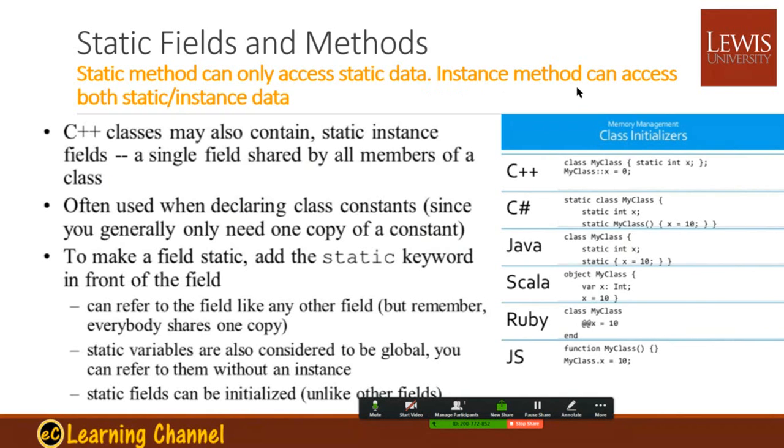But an instance method can access the static data, which has already been loaded, and the instance data is actually created when the instance is being created. So these have differences. So C++ classes